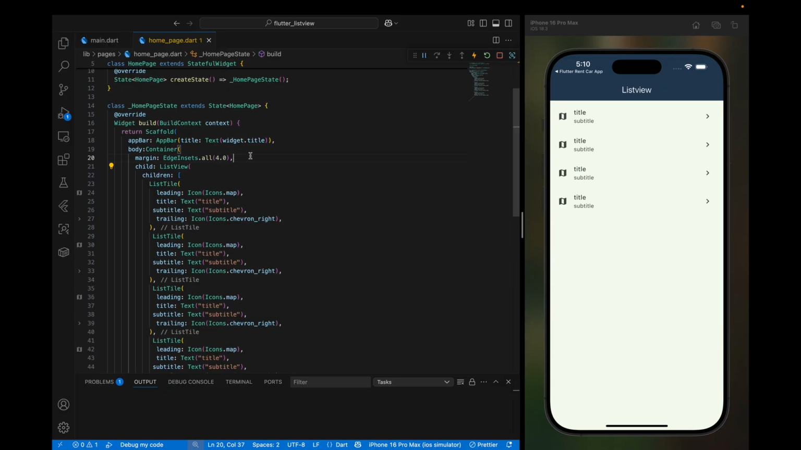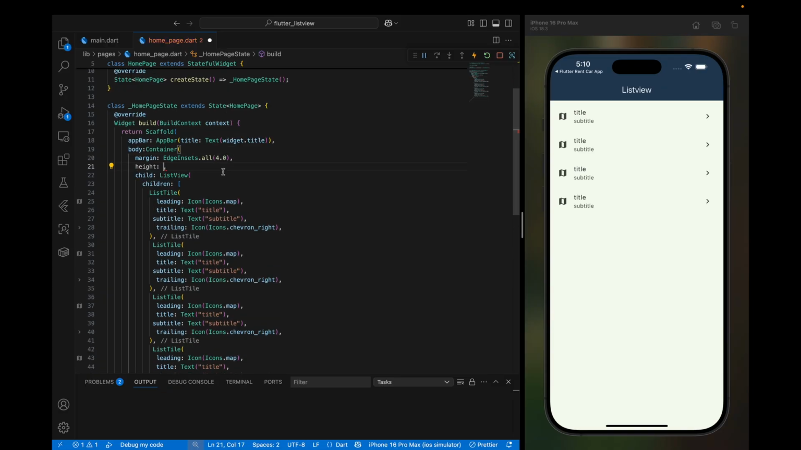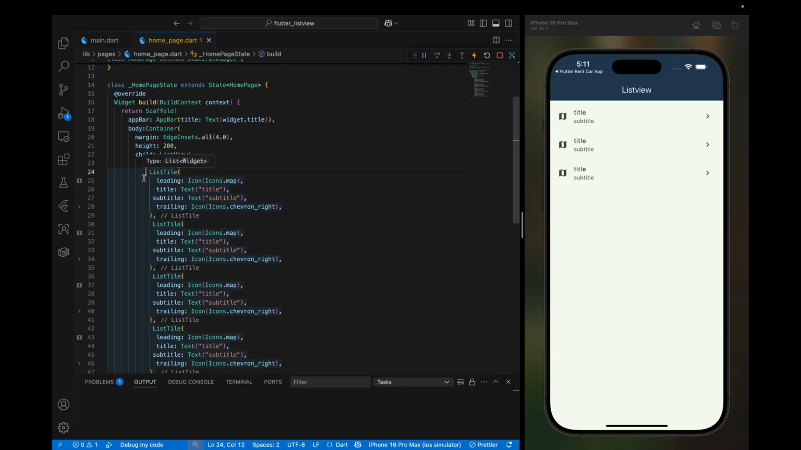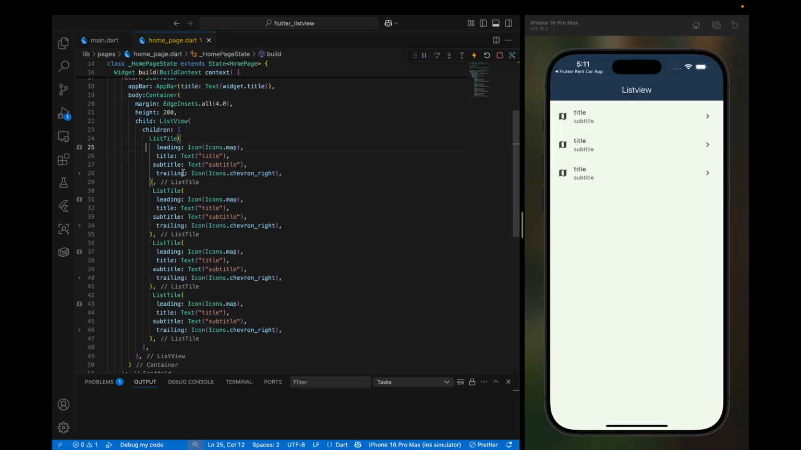So now let's also constrain the height. Let's say 200 pixel for the height. So now to see the fourth item, you have to scroll. So right here we are able to scroll, but all the items are rendered all at once. So use this list view default name constructor when you have a small size list of widgets that you want to display. As you can see right here, I hard coded all this ListTile widget,